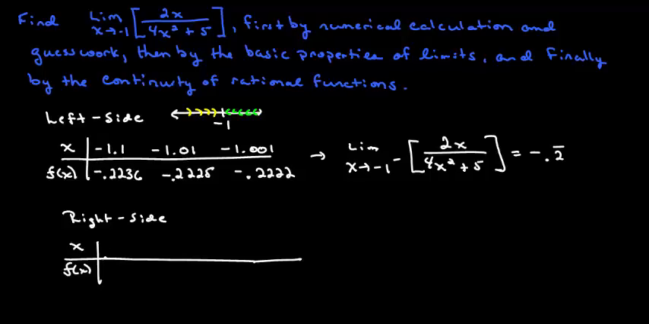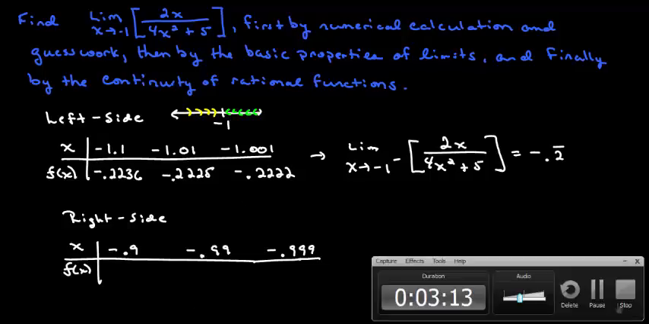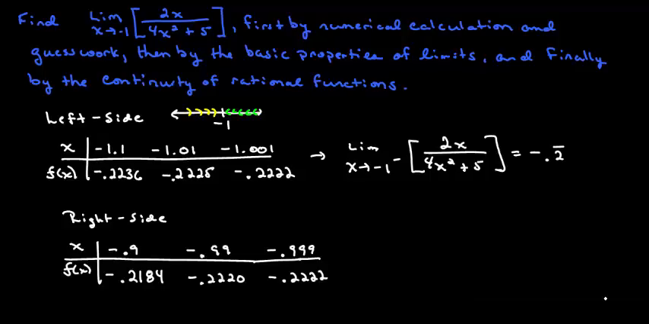So negative 1, we could go negative 0.9. That's pretty close to negative 1. Negative 0.99, that's even closer. And negative 0.999. So again, I'm going to pause here and go calculate these, plugging these into my calculator. And you can see from what I've done, it looks like my values are again approaching negative 0.2 repeating. So we would say that the limit as x approaches negative 1 from the right side